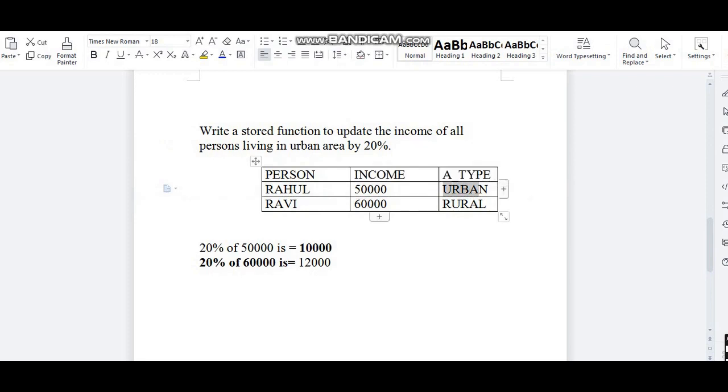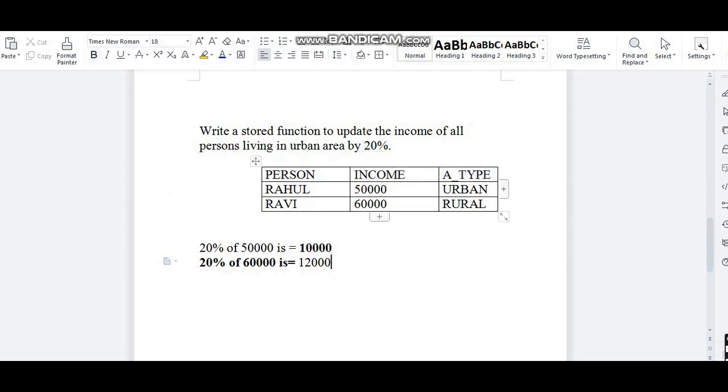And we have to increase it, which means we have to add 20% of that income into the already present income. So 20% of 50,000 is 10,000. We have to add this 10,000 into the 50,000.